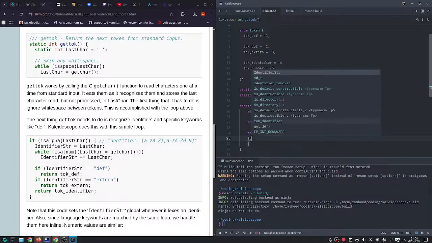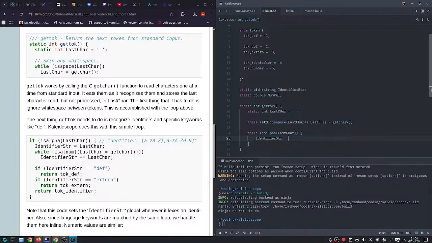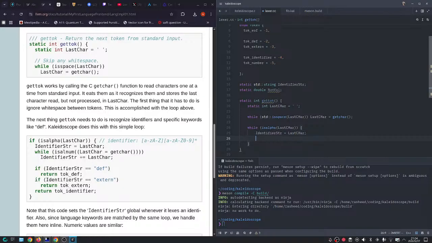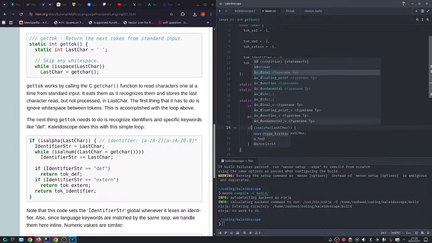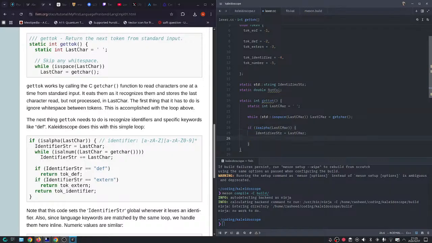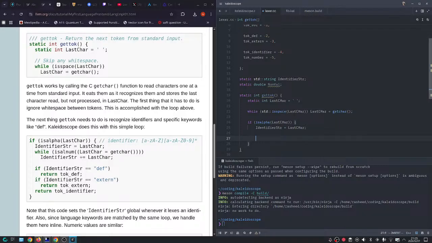So the identifier string is equal to the last character, and then, oh no, this is an if statement. So if the current character is an alphabet, then we do this. We want to get the identifier string, so the identifier string will be the current character. So what we will do now is that